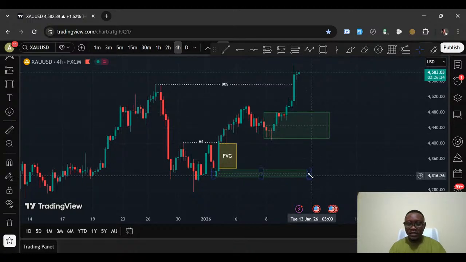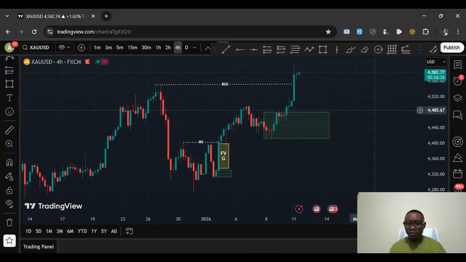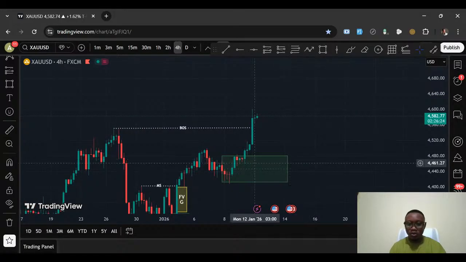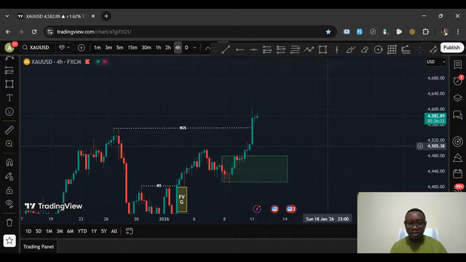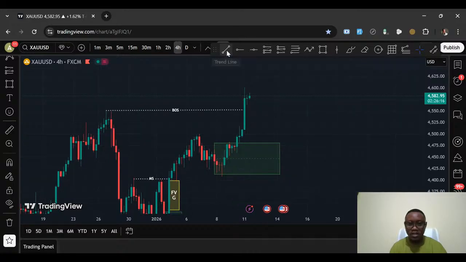But like I said, I don't want to wait for price. I will just keep this here for reference purposes. I am more interested in the most recent zone, which is this. So we've been able to mark this from the daily time frame. Coming down to the 4-hour time frame, we have this. This is our break of structure.